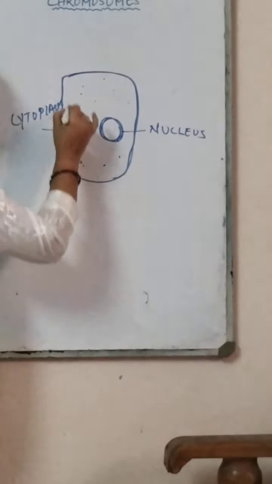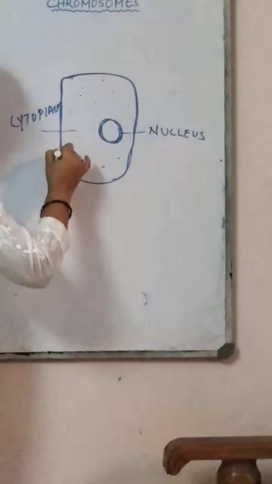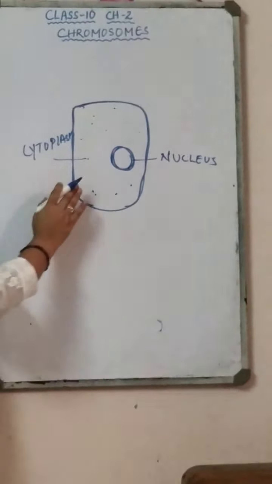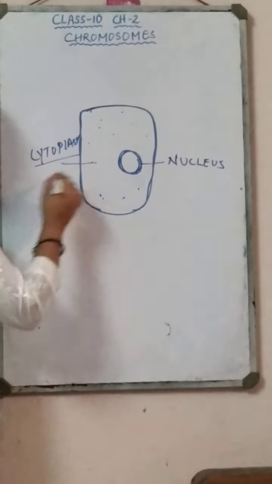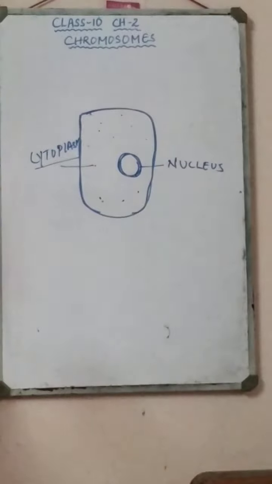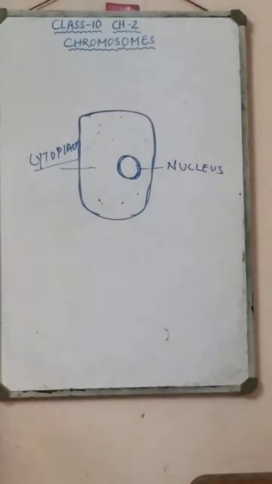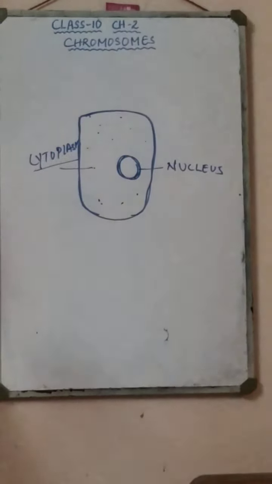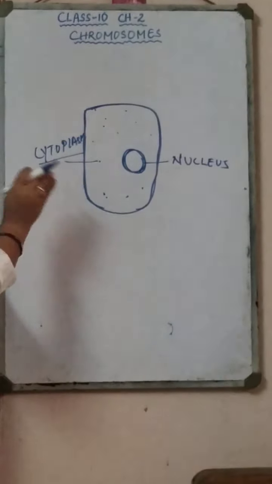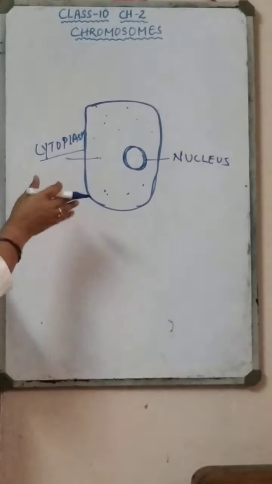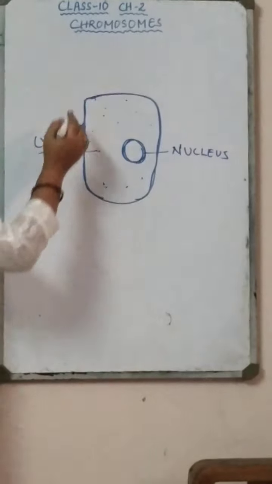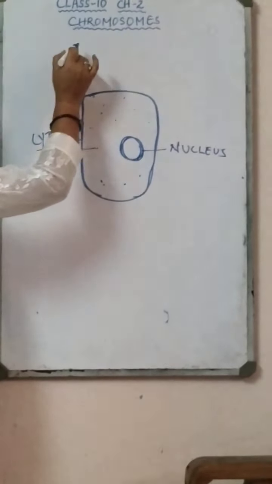So whenever the word cell is thought of, three things are very important to discuss: the cell is filled with a gel-like substance called cytoplasm, the nucleus, and the cell is surrounded by the cell membrane. Then you may have a doubt about what the cell wall is. Cell wall is not common to all, because the cell wall is only present in plant cells and absent in animal cells. That's why we say that the cell membrane is common, because the cell membrane is present in both plant cells and animal cells.